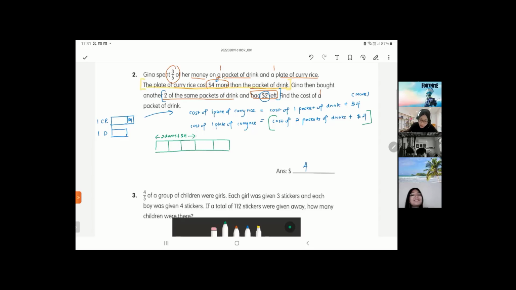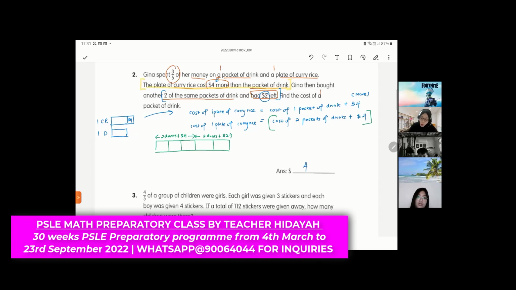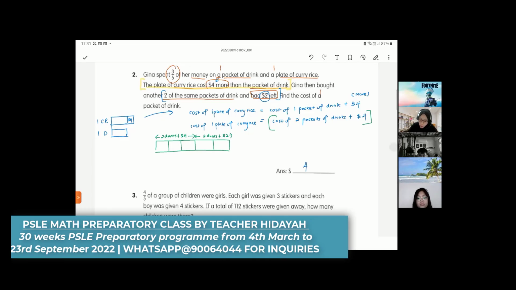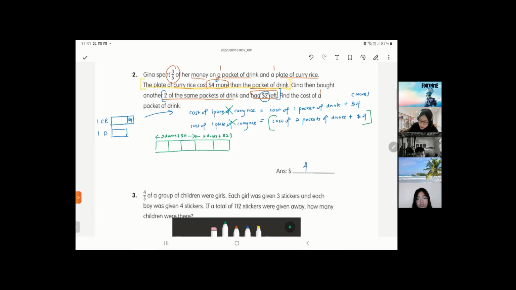Then the balance here will be my 2 drinks plus $2, which is the leftover. Okay, so we have these 2. Everything I converted into drinks. So I'm not looking at curry rice anymore. I'm converting everything as drinks already. Okay, the $4 more is inside here, the 2 packets plus $4, and then the 2 drinks plus $2 is